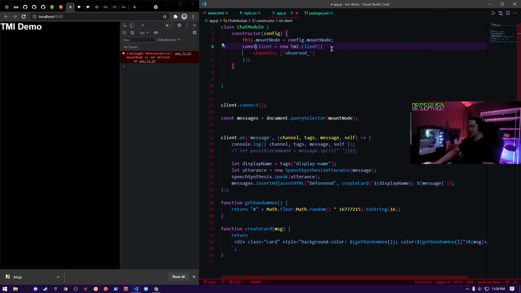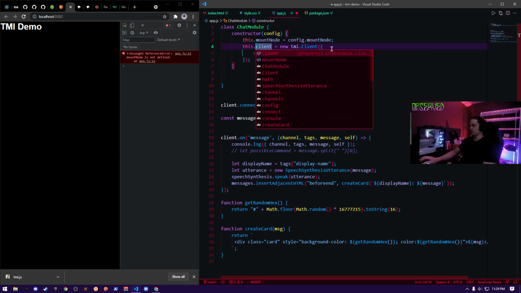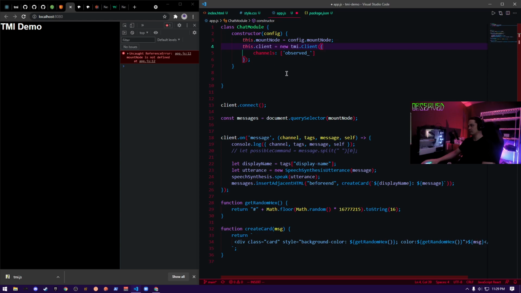So we'll have this dot client equals a new TMI client instead of just creating a global variable. So everything's going to be made and then associated with the context of this instance when we create this class.